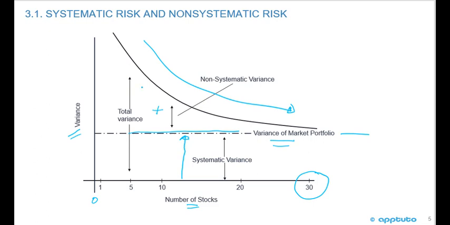So if we start here on the left-hand side where we have 1 or 2 or 3 different stocks, the total variance is higher because this company-specific variance, the non-systematic variance, will be high. But as we add stocks, and in this case getting up to about 30, the variance of your portfolio is going to be somewhat equal to the variance of the market portfolio. And if the risk of your portfolio is the risk of the market portfolio, then